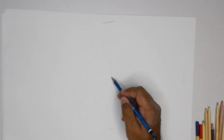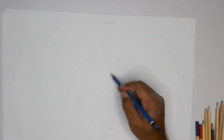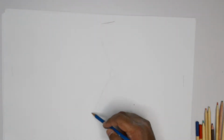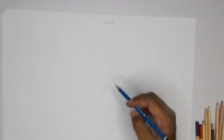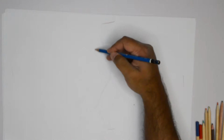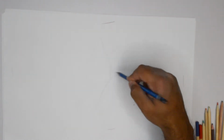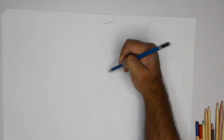So knee, and it could be a straight line, might as well be just a straight line, as a guiding frame. So knee is about there, that's the lower leg, and that will be the foot. If we focus on the foot at all, our focus is on the leg and the composition of muscles that make up the upper and the lower part of the leg, seen from the side angle. So instead of going into detailed anatomy, let's just put down